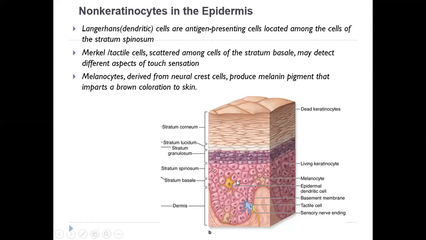Blood vessels are not going to be present in this area. So for an immune reaction to occur, there is always a need of blood. The antigen has to come into contact with the blood, then we can have an immune reaction. Since it is avascular and blood vessels are not reaching here, an antigen which is present in this area cannot be presented to the blood. But through the epidermal dendritic cells, the antigen can be presented to the blood vessels which are present in the dermis. That is the importance of Langerhans cells.